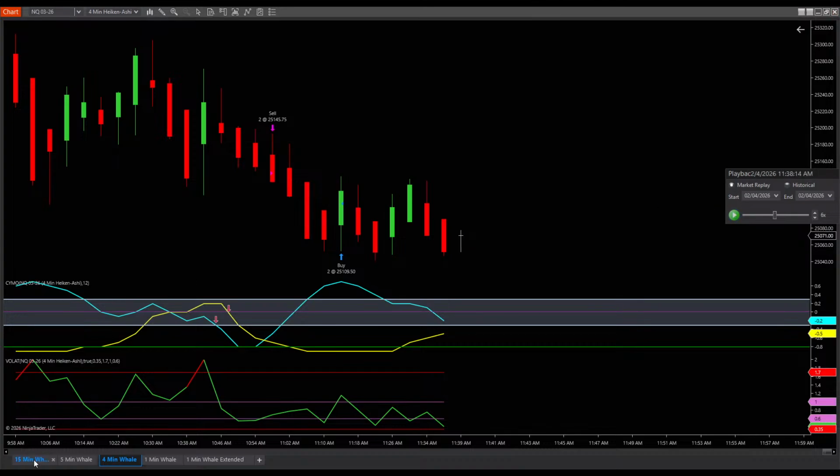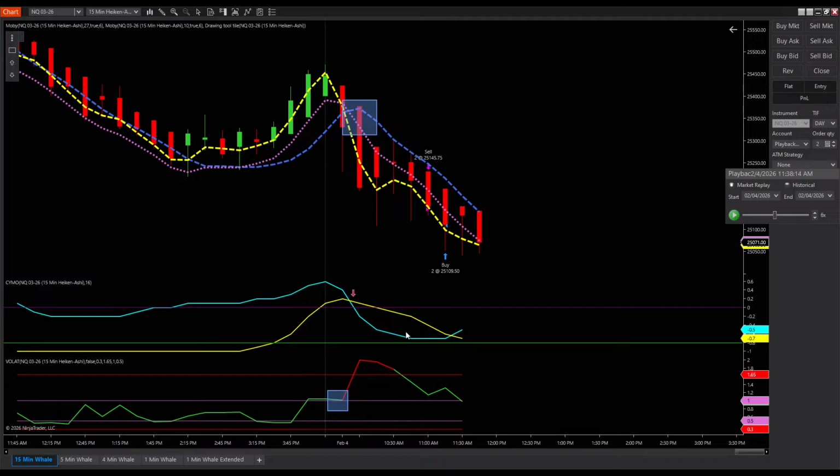Alrighty, guys. So let's go back to the 15-minute. Has our bias here changed to the downside? Do we still have downside rotation here? Is our bias still to the downside, or are we looking for upside trades? What are we looking for on the 15 minutes right here? Okay, still short. That's right, still short. Still down, and with decent, normal volatility. Volatility is normal right there at 1. So, a very decent trade to the downside.